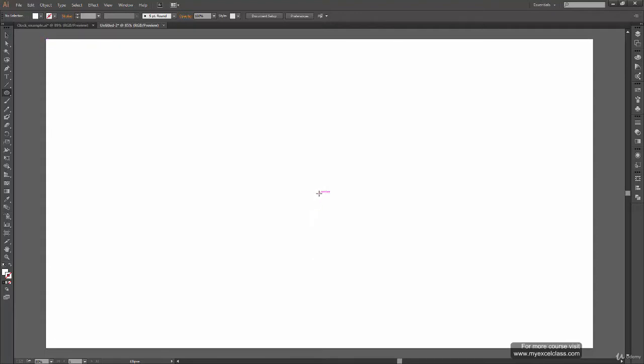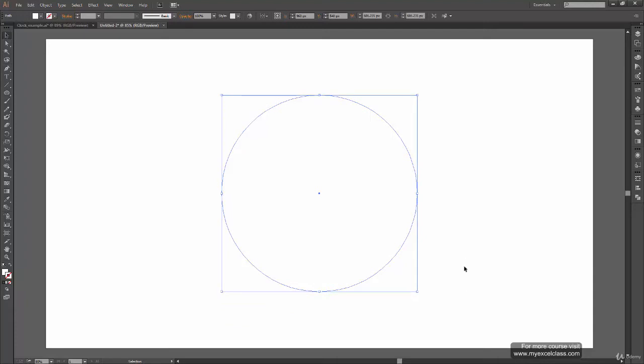Okay, so when my cursor is at the center, I'm just going to click and drag to create a circle. I want a perfect circle here, so I will hold Shift, and now you can see it is scaling to the right top side, but I don't want that. I want it to scale from all sides from the center. So I'm going to press Alt so that it scales from all directions. And when I feel that this circle is big enough for the clock, I can release my mouse click and release the Alt and Shift keys together or one by one, it doesn't matter.